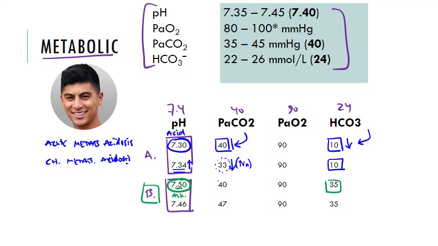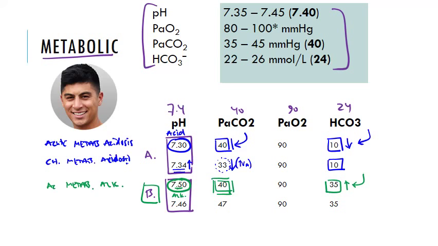We're going to check both organ systems to see which one might be the primary derangement, and we see that PaCO2, for whatever reason, is now elevated. And if it's elevated, and we don't see any evidence of the lungs being involved, then this would be an acute metabolic